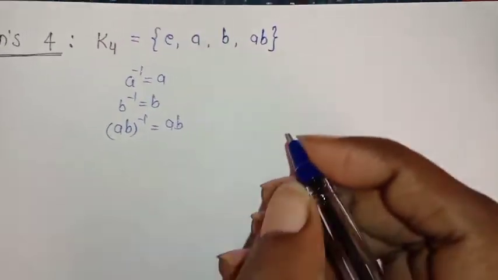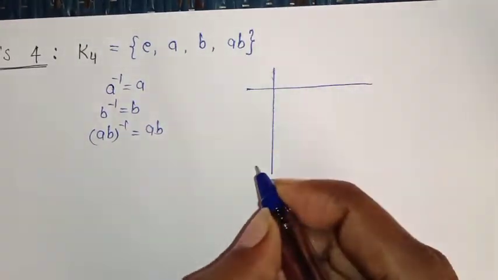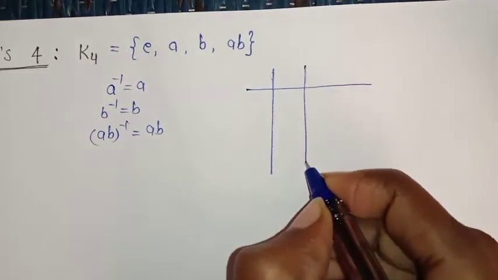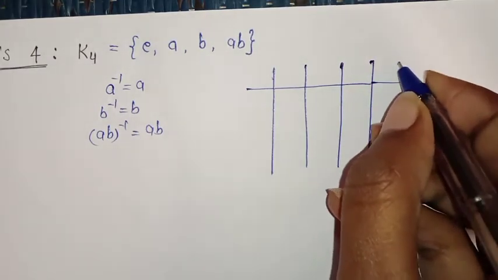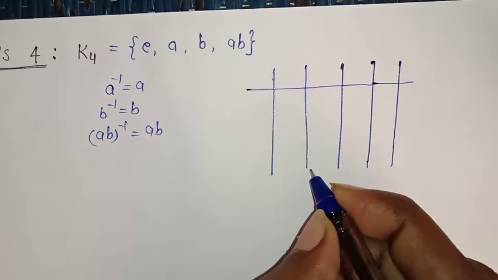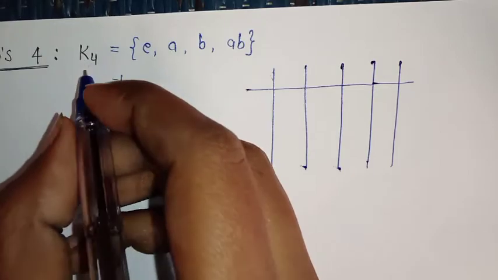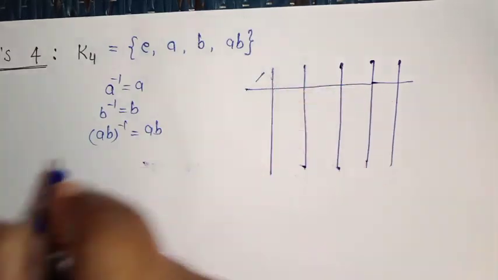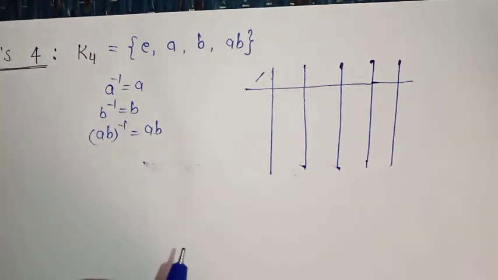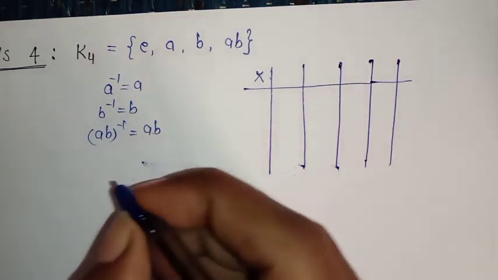So firstly we draw the Cayley table. I haven't told you about the Cayley table, but I will tell you. Firstly we understand this because this is very important, and since I have started this topic, I want to tell you what a Cayley table is. So firstly, the Cayley table is applied over elements with respect to multiplication. So it is always taken as multiplication. And also I want to tell you, if no operation is mentioned in any question, then you just take multiplication as the binary operation. Okay, so I am taking multiplication as the binary operation over this group.